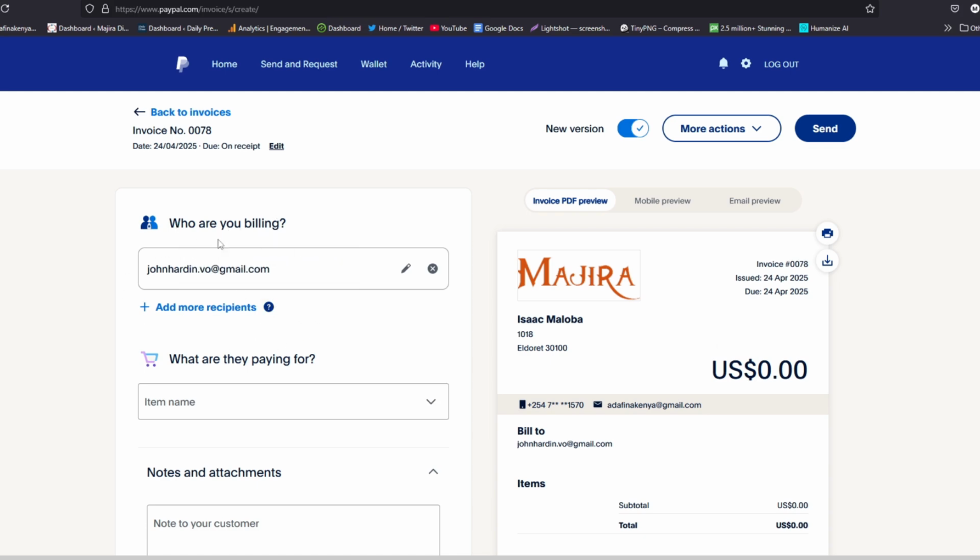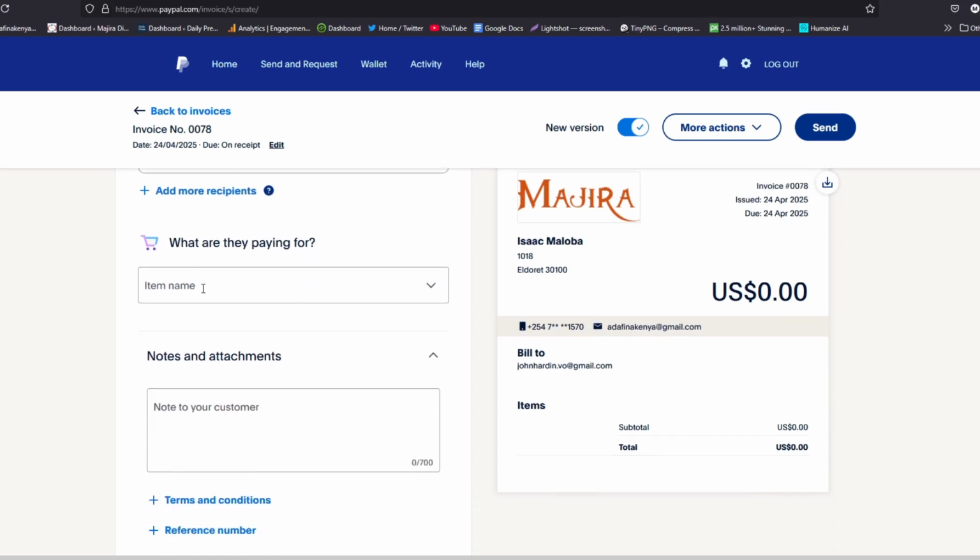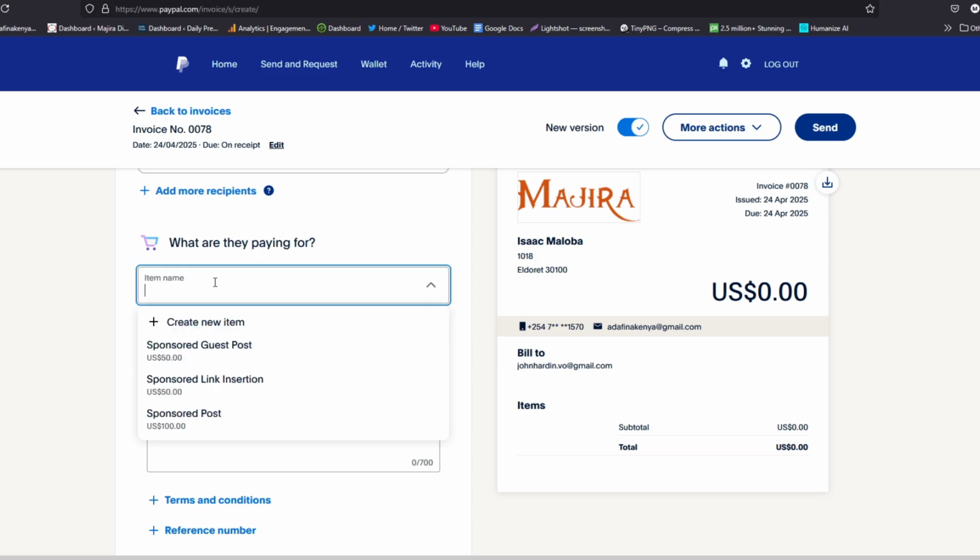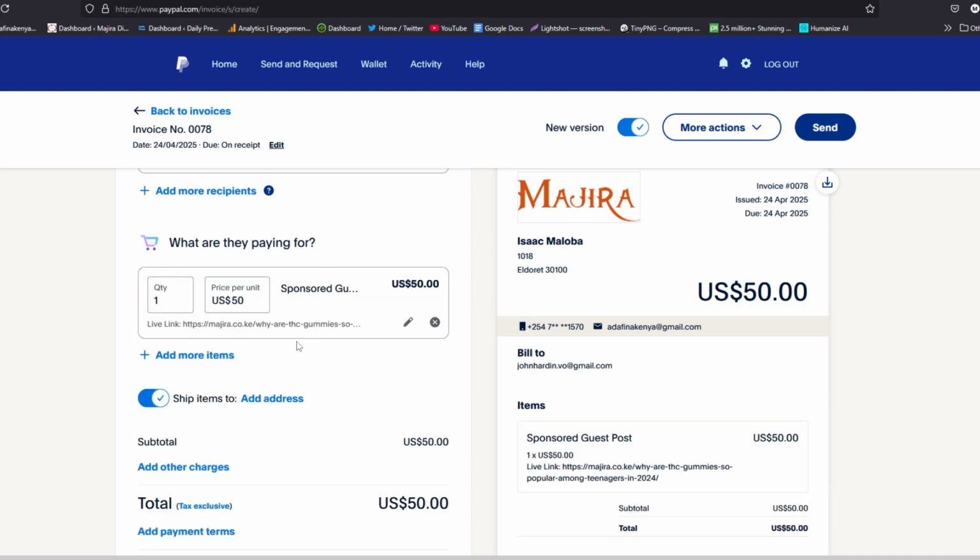If you're sending this to more than one recipient, you can go ahead and tap on add more recipients here, and you'll be able to add multiple emails. So once you're done, it's time to go ahead and give details of what they are paying for. So if I go ahead and click here, my client is paying for a sponsored guest post. So I'll write, so I can go ahead and write, or just select from one of these that I had created earlier, and